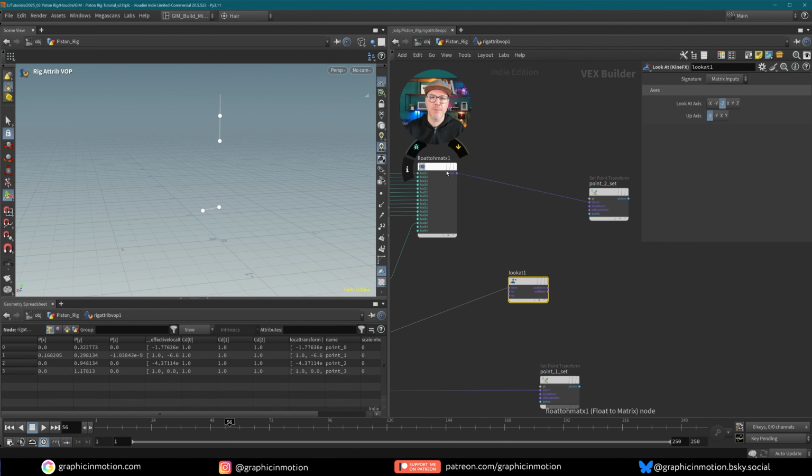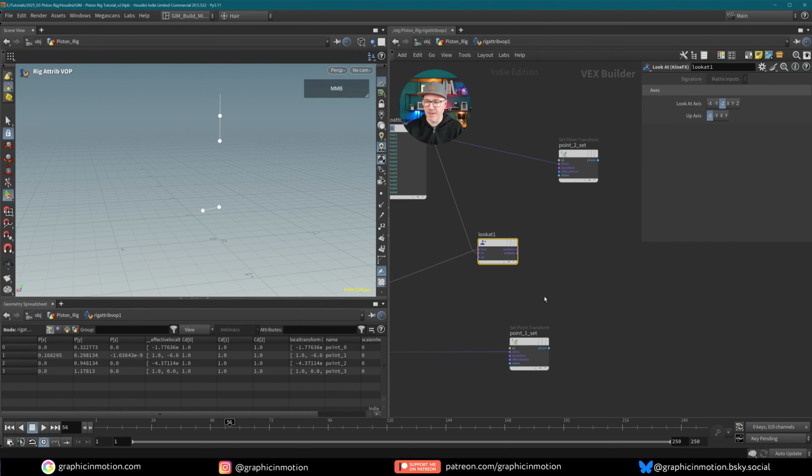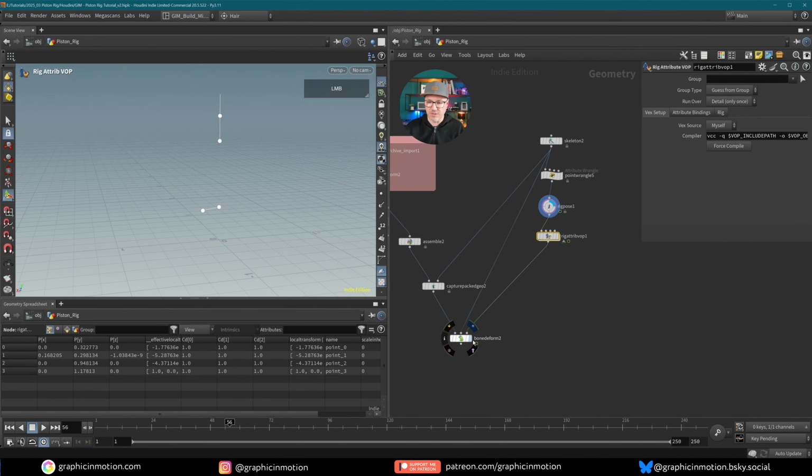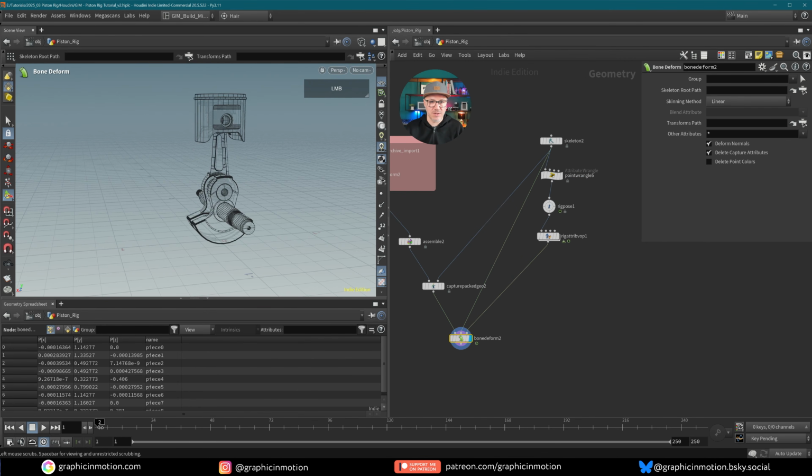Then I will take the updated value of my point number 2. So this one here that is already moving up and down, and put it into the target. This is the 2 here. And then we will update our transform of point number 1 with that. So we'll just put this in here into the xform. And if we take a look now at our result, we will see immediately that something changed, and it looks